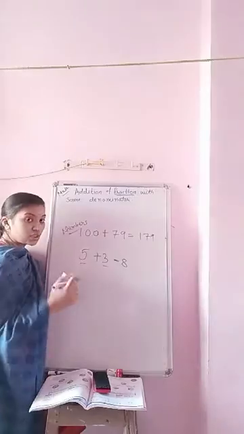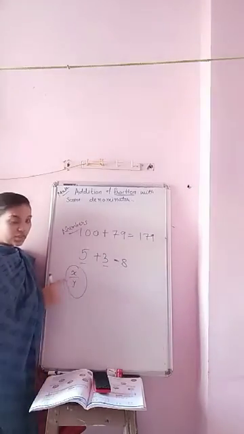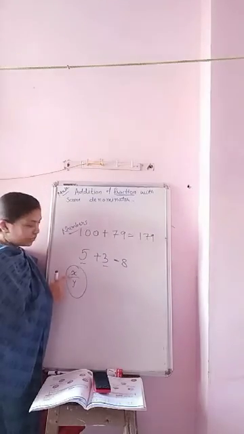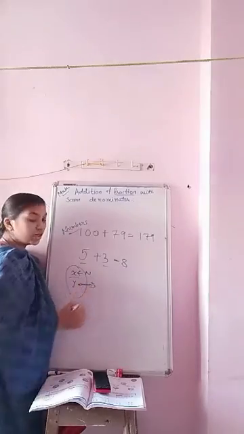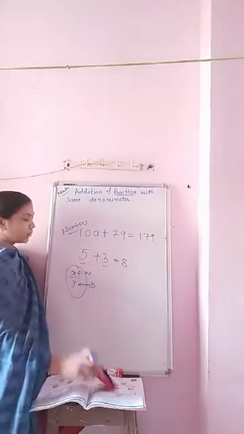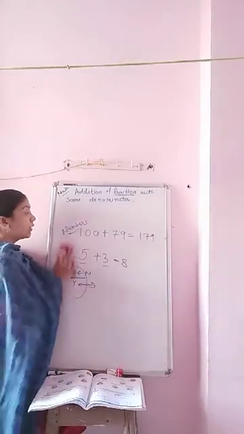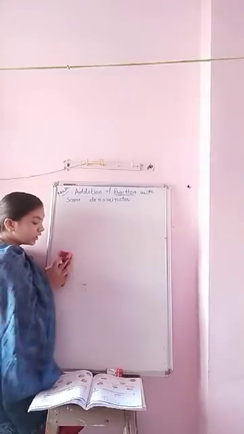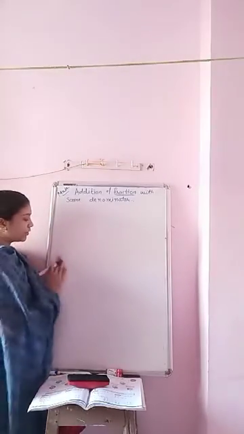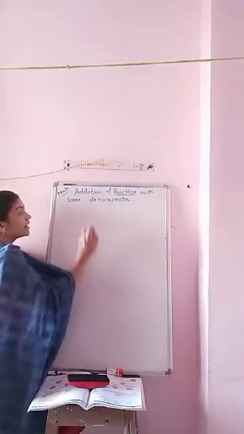As you know, a fraction is in the form of x and y. The upper part is the numerator and the below part is the denominator. They are separated with one horizontal line. So let's start. The first rule of addition is compulsory: whenever you are doing addition of fractions,